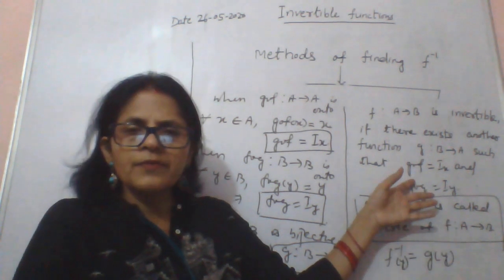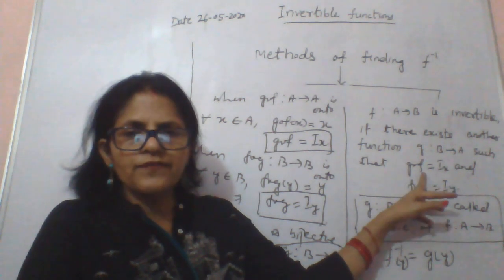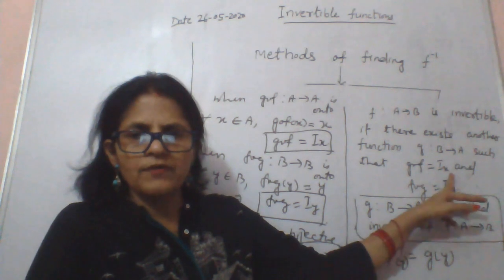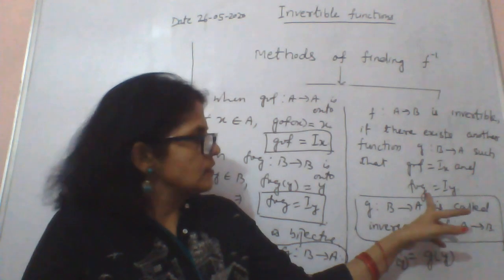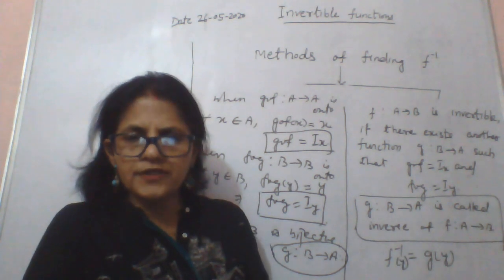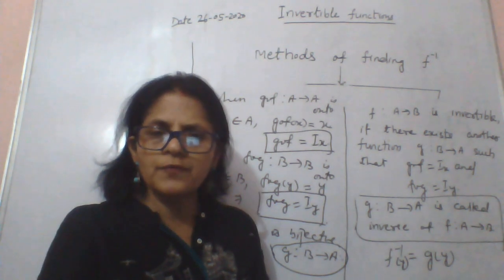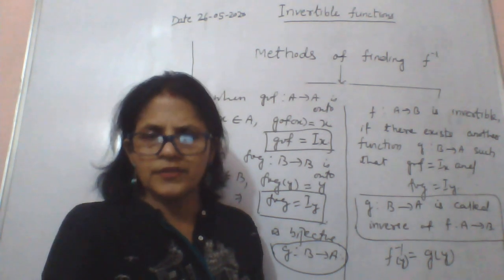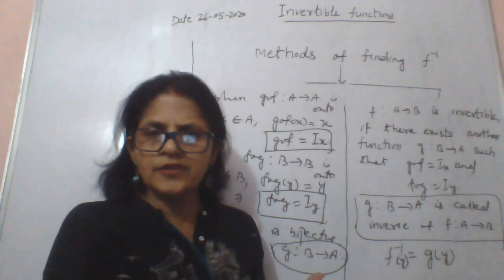So here, you don't have to prove it is onto, right? Simply you can show g of f of x is equal to x, which means g of f equals I x. Similarly, f of g of y equals y, which means f of g equals I y. So because g of f equals f of g equals the identity function, the function is invertible. This is a very convenient method. But you are free to use any one of the two methods. Let's take some questions and I will show you by taking both the methods.